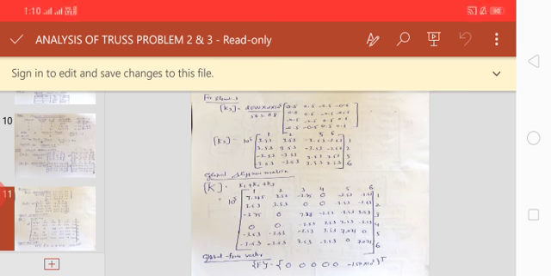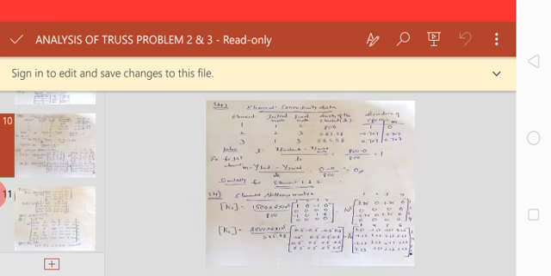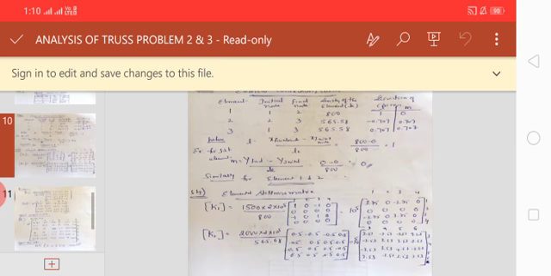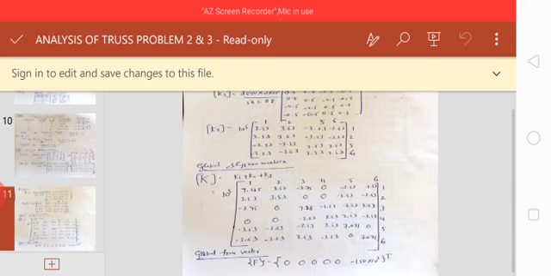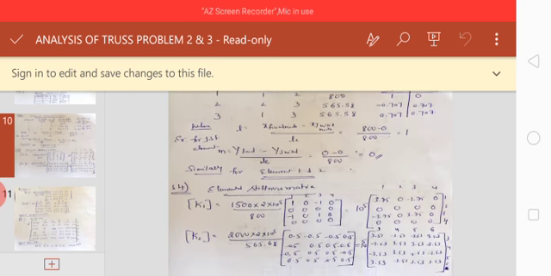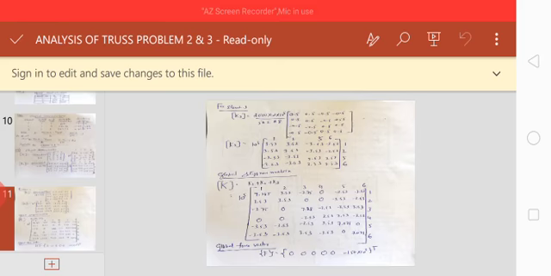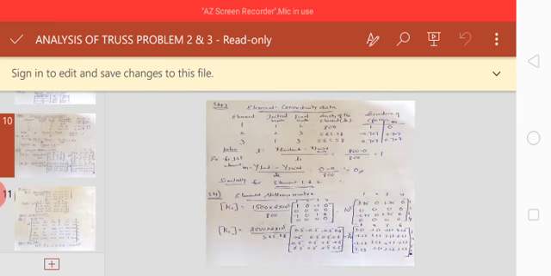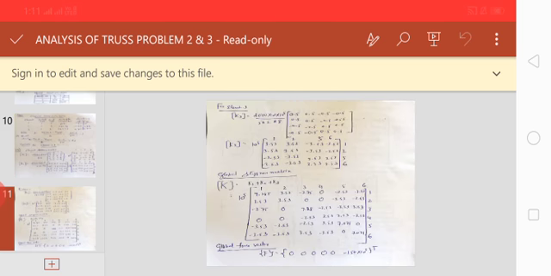Now go for the next, 3 cross 1. Again go to the first elemental stiffness matrix. 3 cross 1 is equal to minus 3.75. That's what I have written, minus 3.75. Next, 4 cross 1. That is available in the K1 matrix, K1 being the elemental stiffness matrix 1. K1 4 cross 1 is 0, so I have written 0. Next, 5 cross 1. There is no 5 cross 1 available in the K1 and K2 stiffness matrices, so directly go to the K3 stiffness matrix.